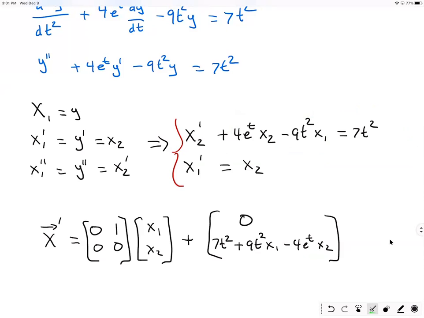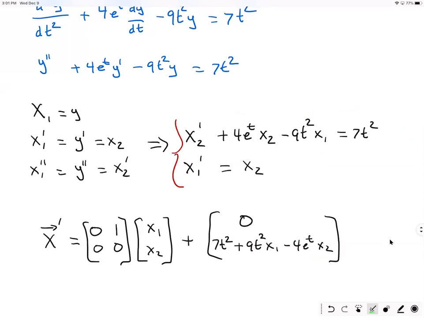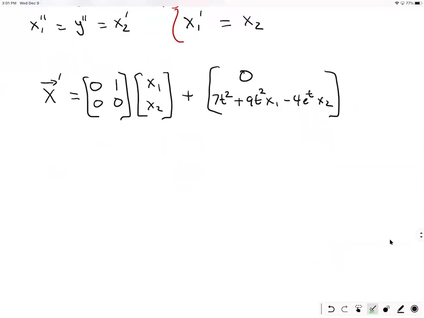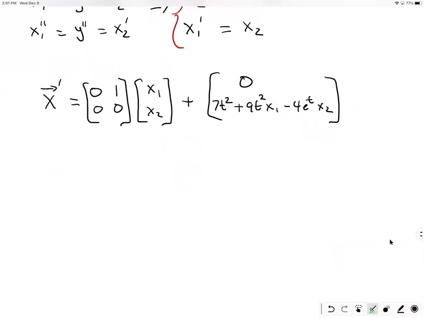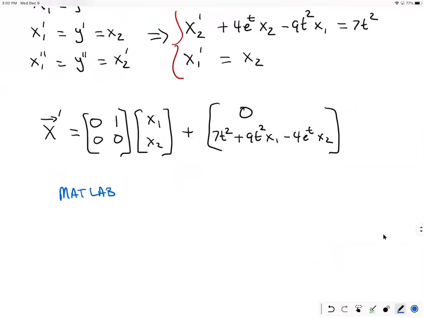And the real reason I would want to do that is because we have techniques to solve systems of differential equations. And then also, this is really a big one. MATLAB and other algorithms are out there that know how to deal with